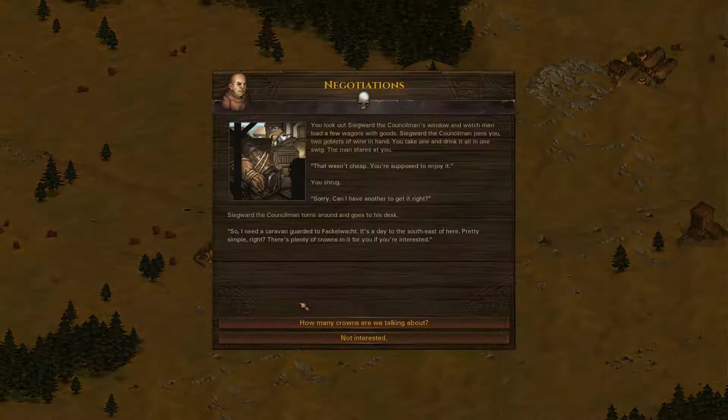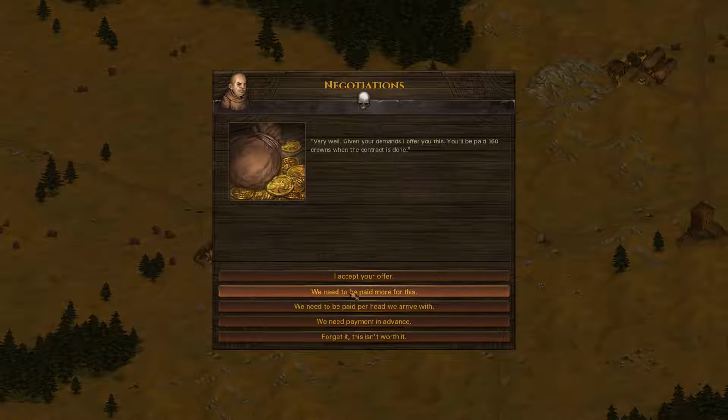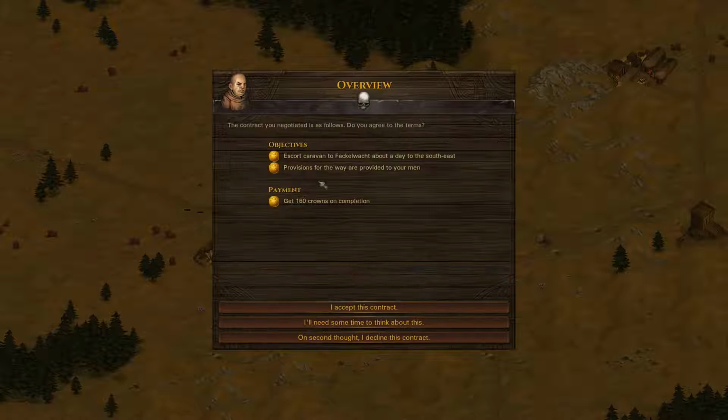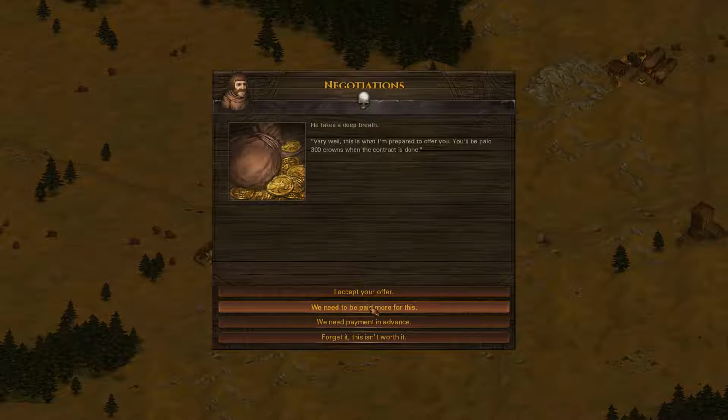Okay, contracts. Caravan escort. Where? It just came from Fackelwacht. I don't think I want to go back for 160 crowns. It's just not good enough. The other one...